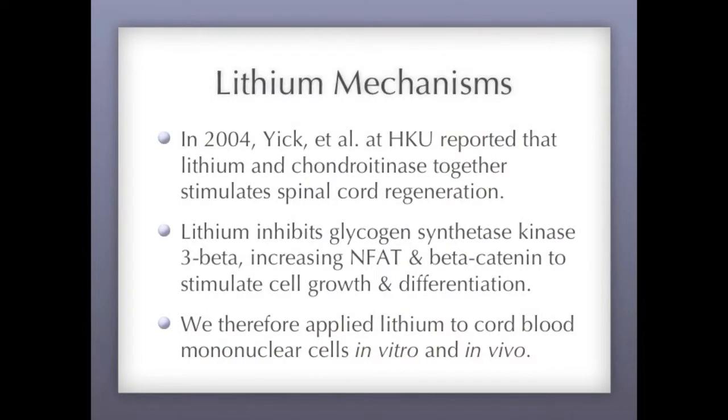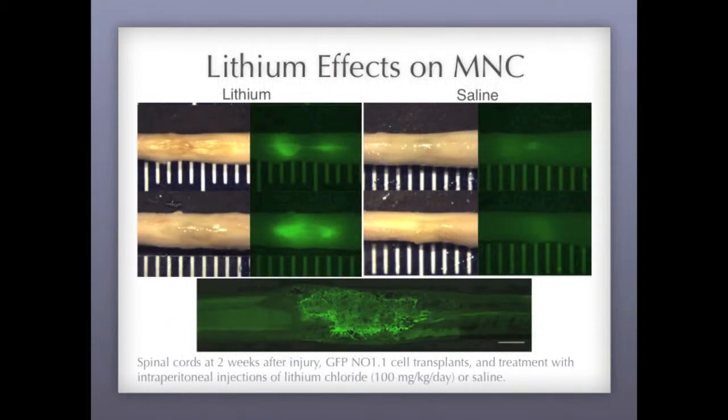How is this possible? Well, it turns out that lithium inhibits an enzyme called glycogen synthase kinase 3-beta, and that increases nuclear factors called NFAT and beta-catenin to stimulate cell growth and differentiation. And this has been reported and confirmed by literally hundreds of laboratories. And so we applied lithium to the umbilical cord blood cells to see what they did. What we did was we injected green umbilical cord blood mononuclear cells into the spinal cord around the injury site, and we treated the animals with lithium by injecting the lithium into the skin subcutaneously, and we compared this